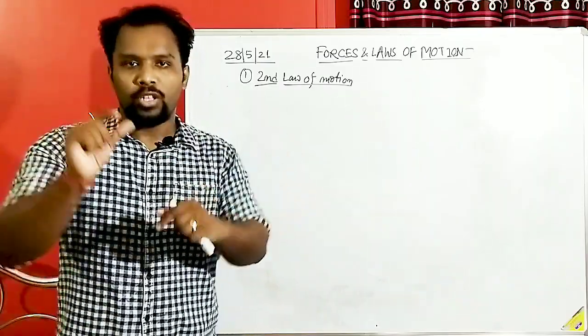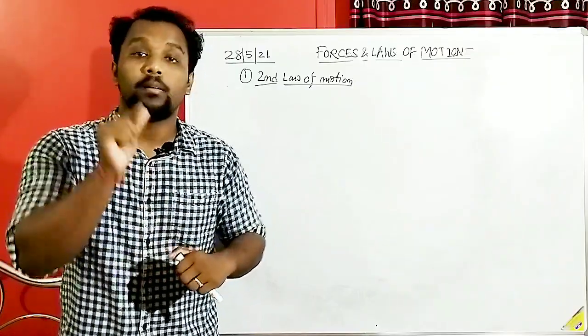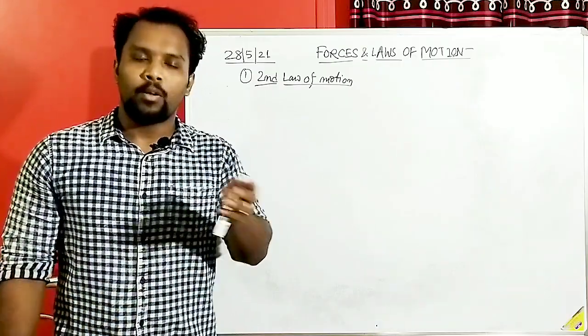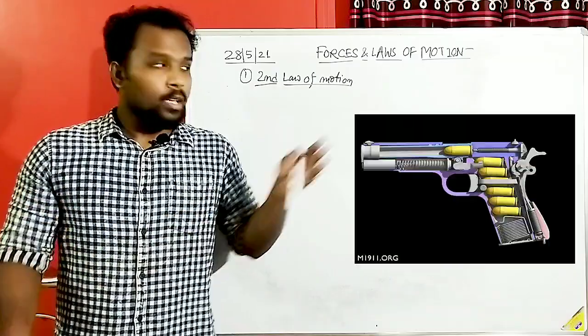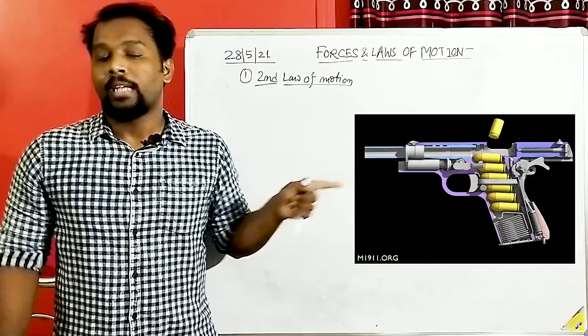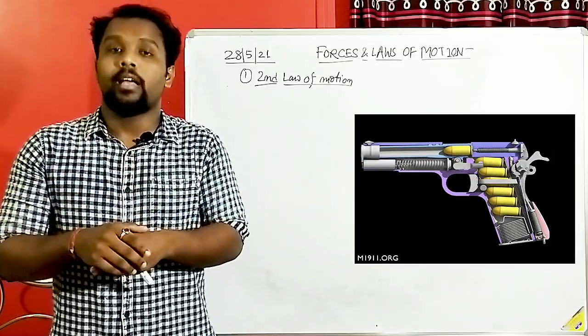Now we'll consider the object that we're actually discussing in a very small size. That is a bullet that comes out from a gun. Is that bullet that comes out from a gun able to kill someone? I'm showing here. What is that? What is the instrument known as? That instrument is nothing but the gun that we are used to,